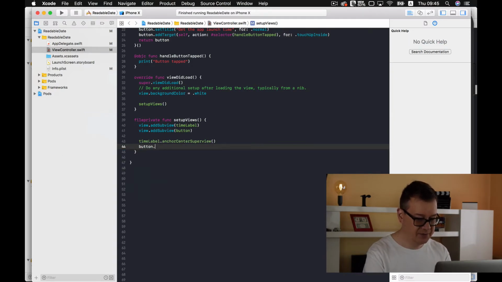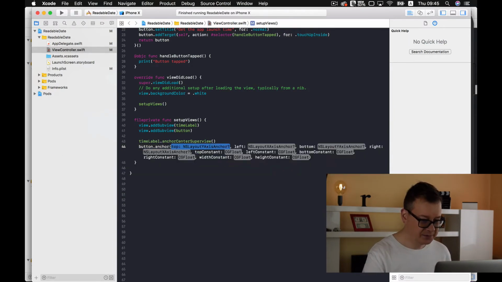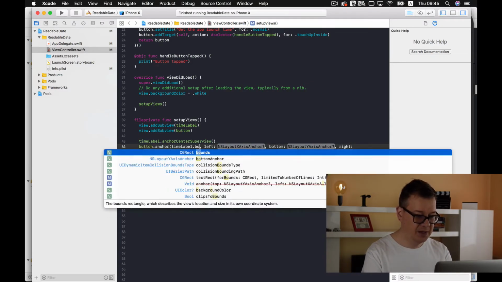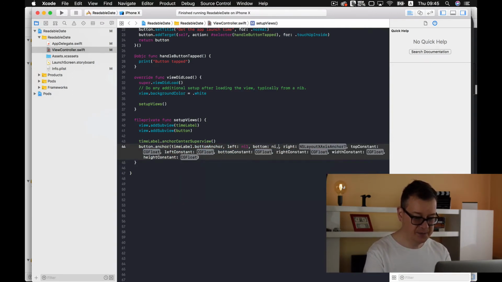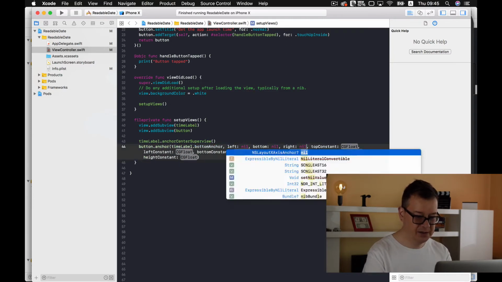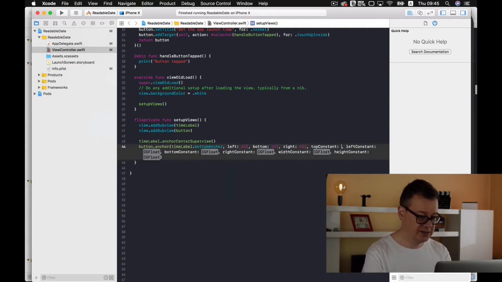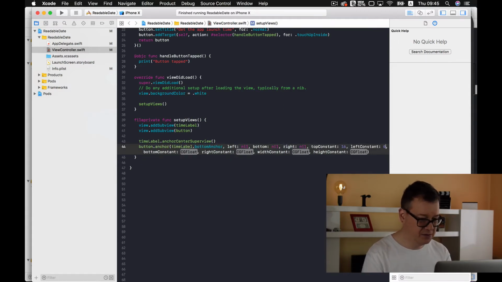First of all, button anchor, and the top anchor should be our time label's bottom anchor, left will be nil, bottom will be nil, right nil again, top constant, let's say 16, left constant 0, again, bottom constant 0, right constant 0, width constant 0, and height constant